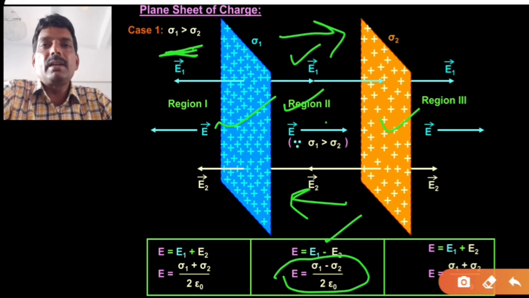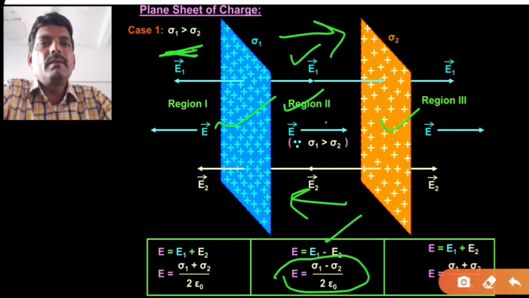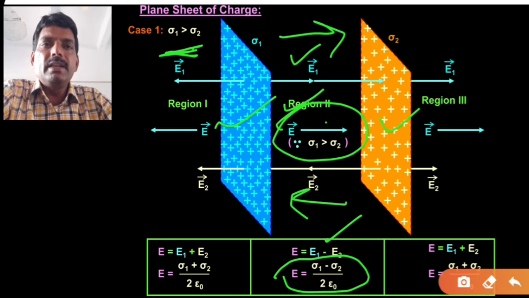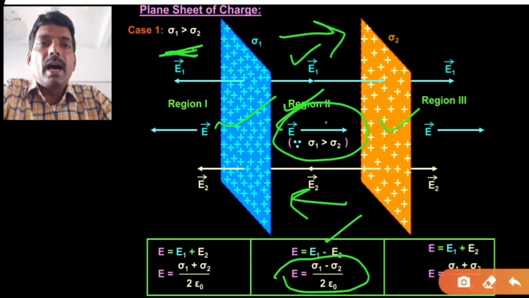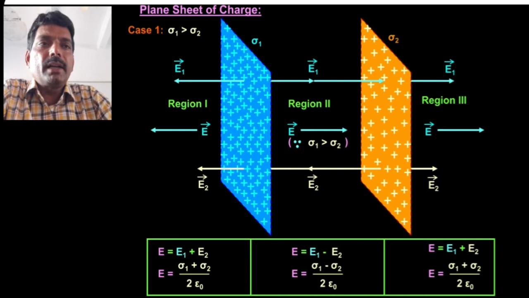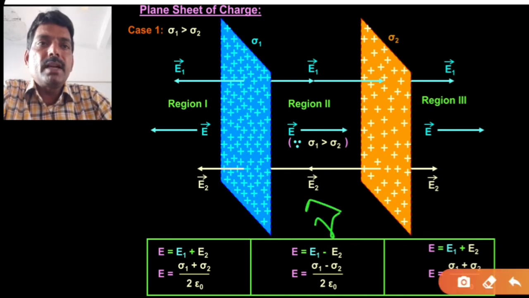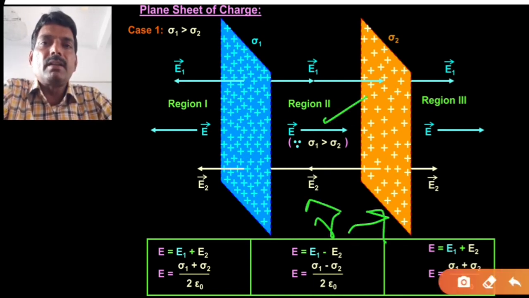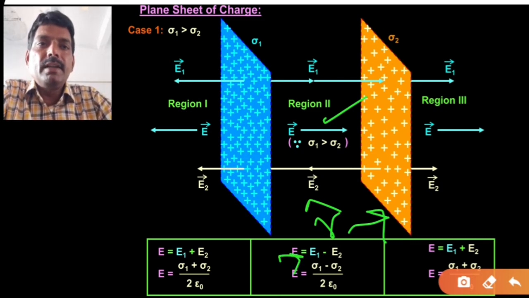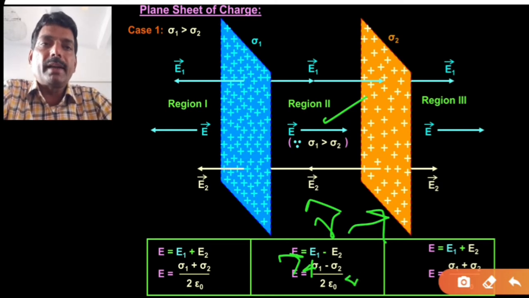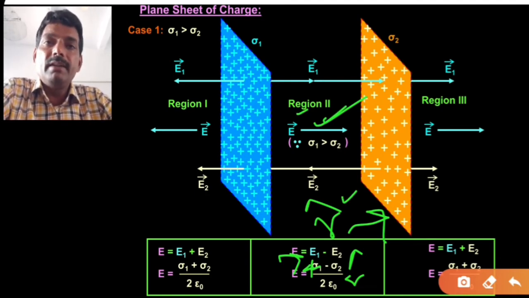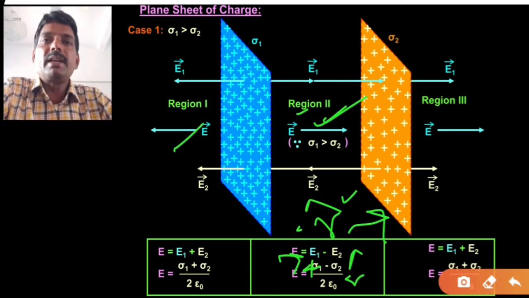Now if you want to write in terms of the vector form, then you can write resultant electric field intensity E is equal to, you see, r cap. Now the direction of the r cap, we have considered here r cap is in this direction, electric field also in the same direction, therefore here you will get electric field E is equal to plus sigma 1 minus sigma 2 upon 2 epsilon naught r cap. Here you will get the plus sign because both are in the same direction, that is unit vector is also in the same direction as that of the resultant electric field. Here it was in the opposite direction of the resultant electric field. So here minus sign, here you got the plus sign.